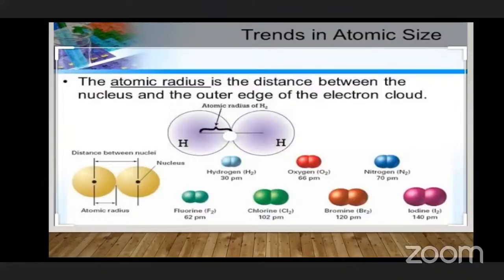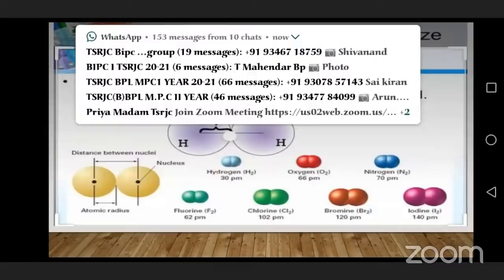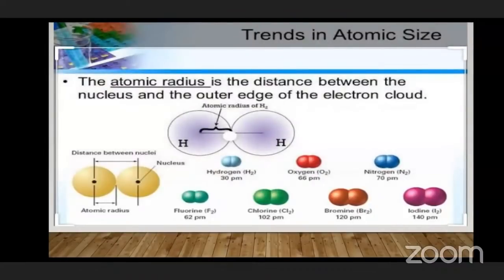That is nothing but the distance between the nucleus and the electron cloud in the outermost shell is the atomic radius. Atomic radius is the distance between the nucleus